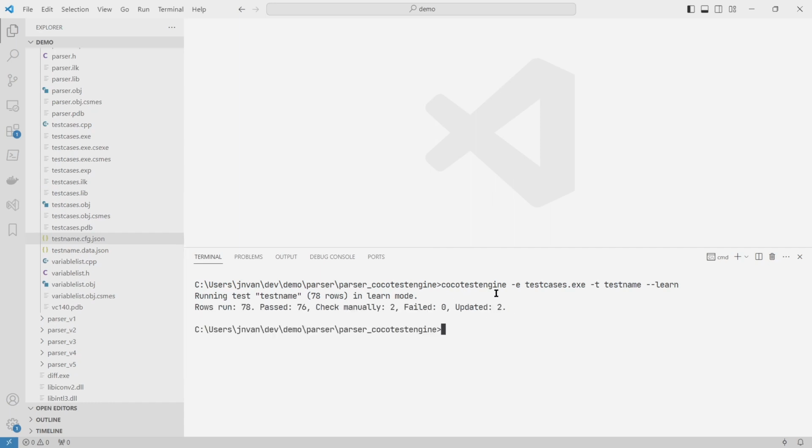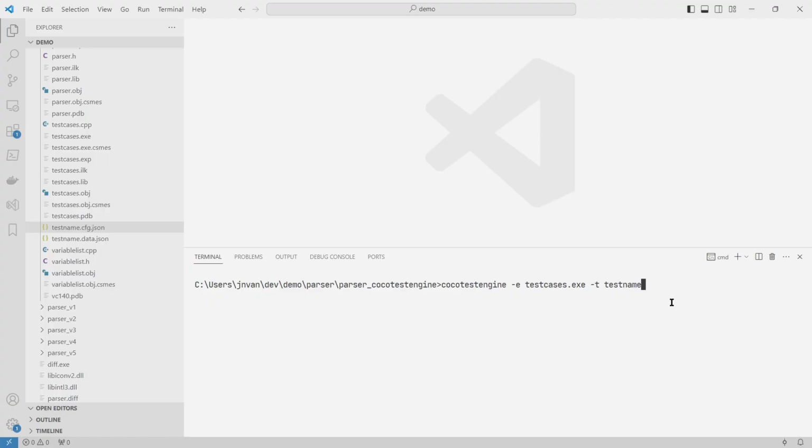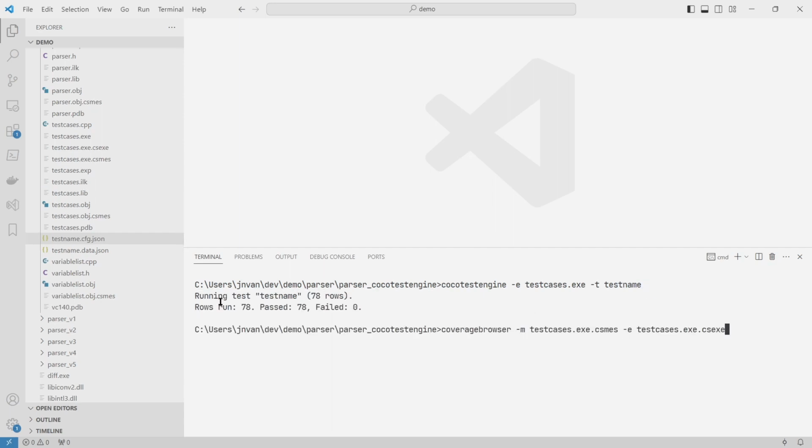As we can see, learn mode updated 2 rows of the test data. Now let's view the updated test data. And the result column now contains the expected answer, which is true for the first statement and false for the second. Let's mark these as validated as well. And let's re-execute the data-driven test. This can also be done with CocoTest Engine by just providing the executable name and the test name with no additional flags. So all of the rows passed as expected, and this also generated coverage data, which we can view